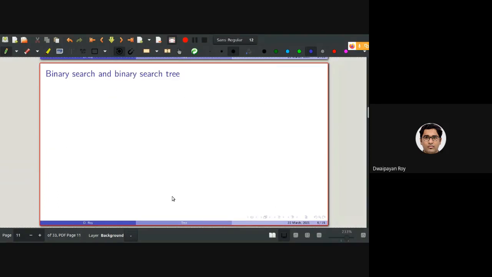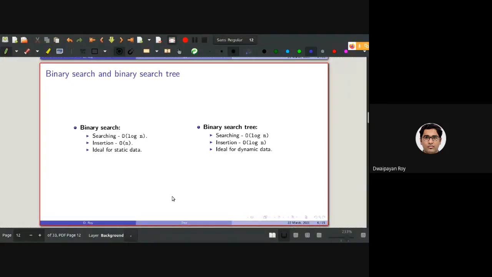All right. One obvious question you might have in your mind is, we have already discussed binary search, so how does binary search compare with binary search tree? I'm sure some of you are having this question. For searching, binary search takes order of log n. For binary search tree, it will again take order of log n.